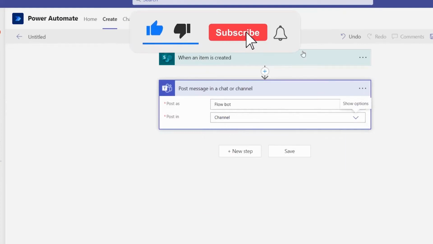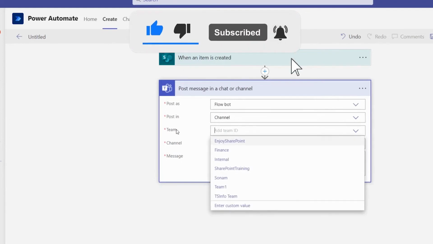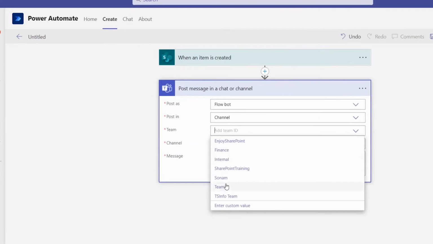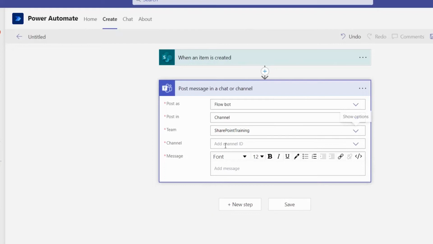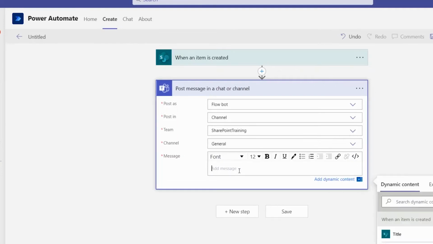So select channel, and it is asking for the team. Suppose I am going to give a SharePoint training. I have a team in Microsoft Teams. Give a channel ID. Channel ID is general. Suppose: hi, hello team,